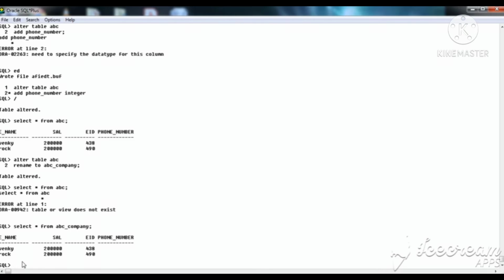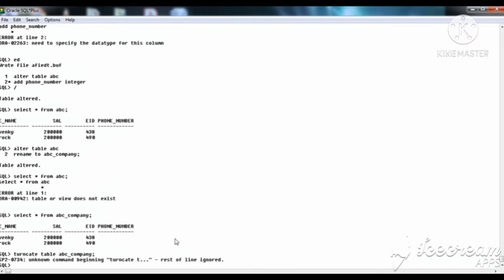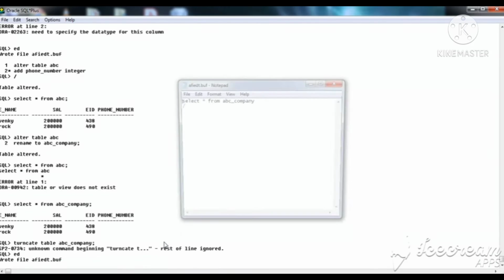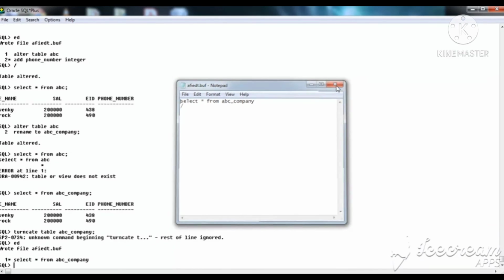After that I am using the truncate command. Truncate table, which table we want, ABC underscore company; semicolon. This is the truncate table command. Sorry, spelling mistake.